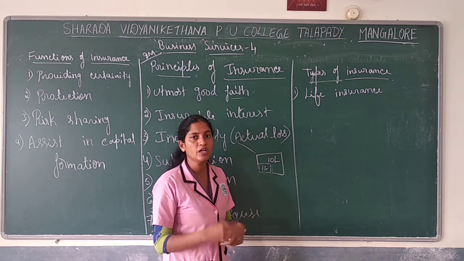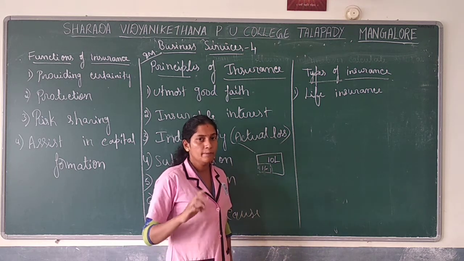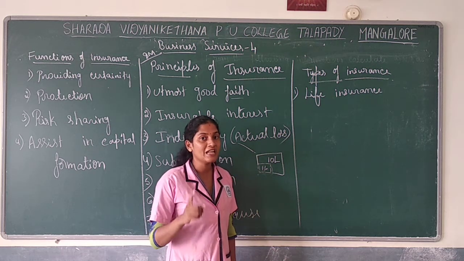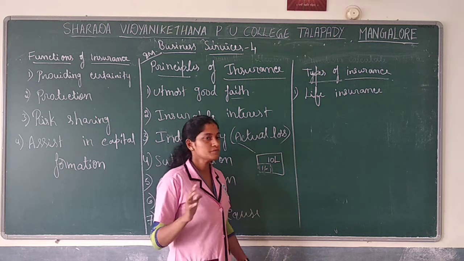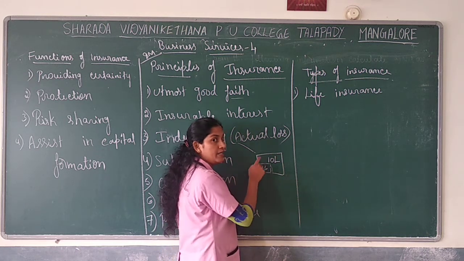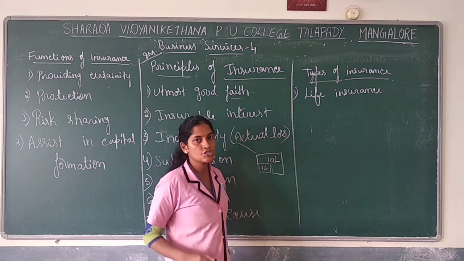They will be the owner. We can't be the owner because they have given the money. We have to repair it, because the intention of insurance is not to make a profit. It will not allow anyone to make a profit. So after covering it, he has to repair. He can't sell it. He has to repair. Afterwards he can sell. But whatever money he has got, he has to utilize it.